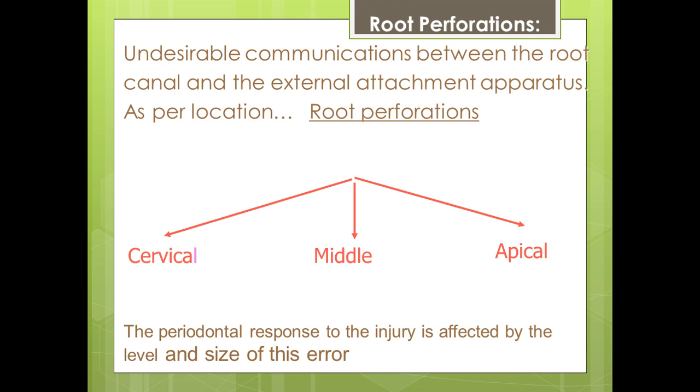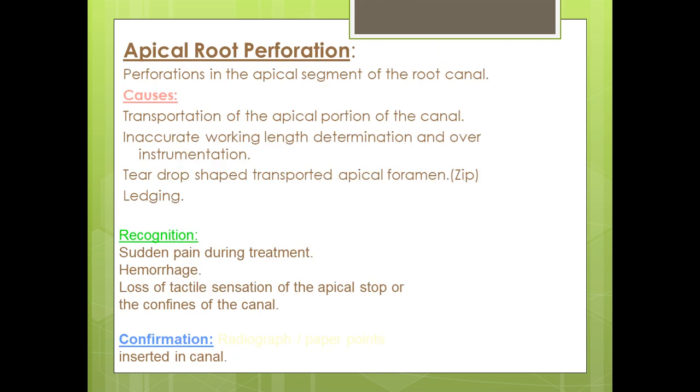So we'll move on to apical root perforations. What are these? These mainly occur at the apical third of the canal. They can occur when an instrument goes into the periradicular tissue, beyond the confines of the root canal, or by overuse of chelating agents along with straight, stiffer, large-sized instruments to negotiate a ledge or canal blockage or zipping, etc.